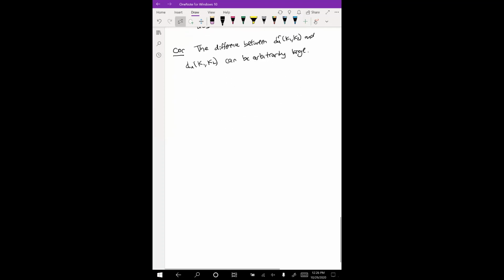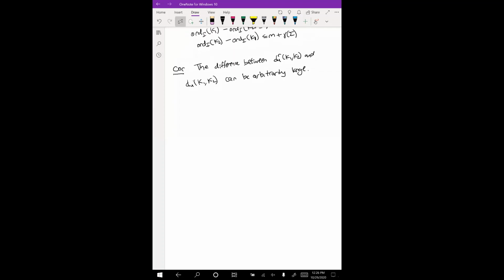So to show this, we did some computations of this ord_u(K). In particular, we showed that for torus knots T(n,n+1), the torsion order is the floor of n over 2. And also